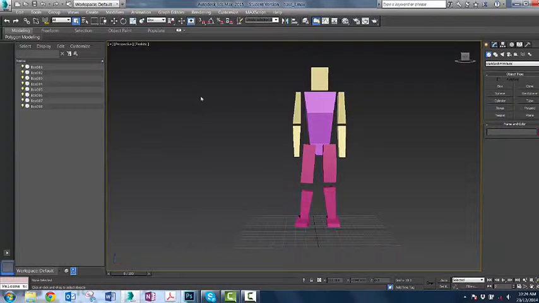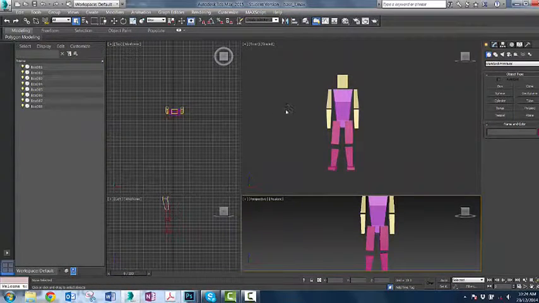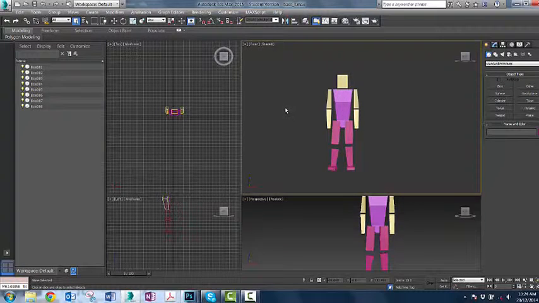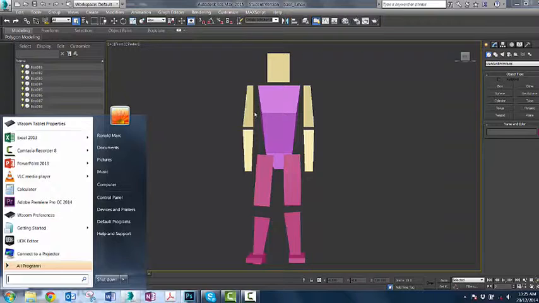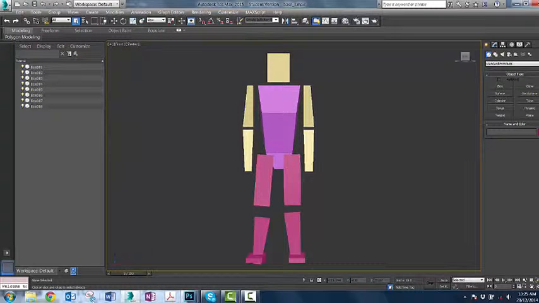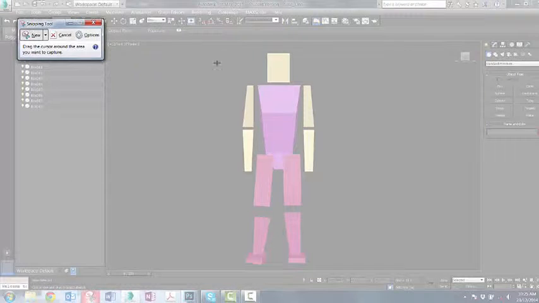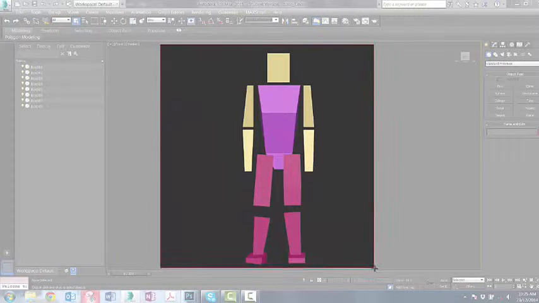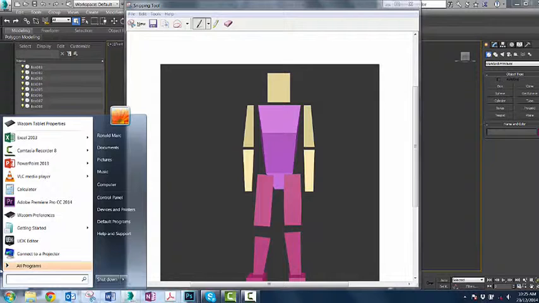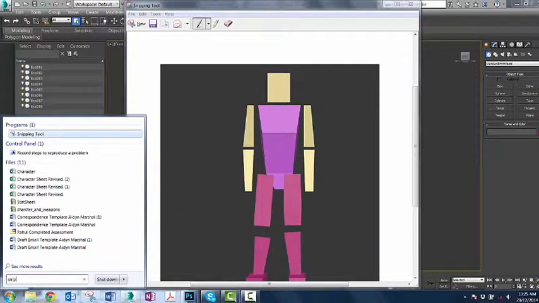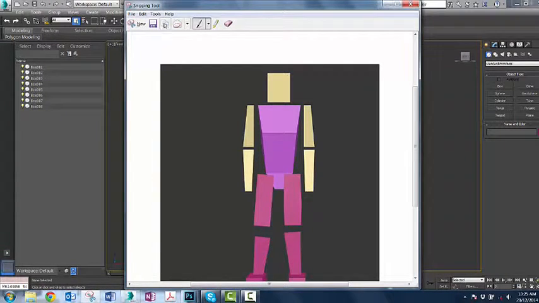So anyway, I'm just going to basically get like a front view. This is our front view. And I'm going to get a screen grab. I'm going to use a thing called the snip tool. Snip tool comes with Windows. If you go into your program section here and type in snip, you'll find the snipping tool. It's a really cool thing. So I'm going to copy that to my clipboard, come back to Photoshop,